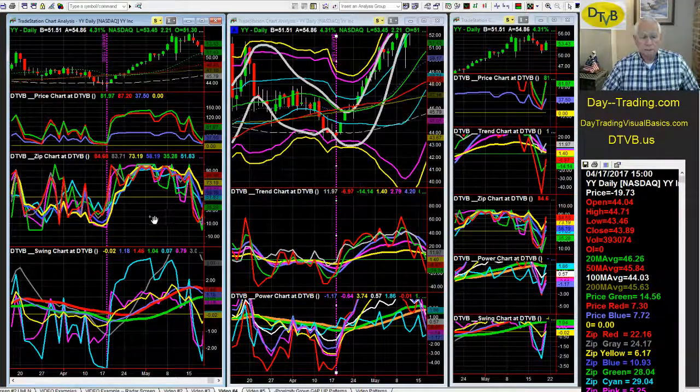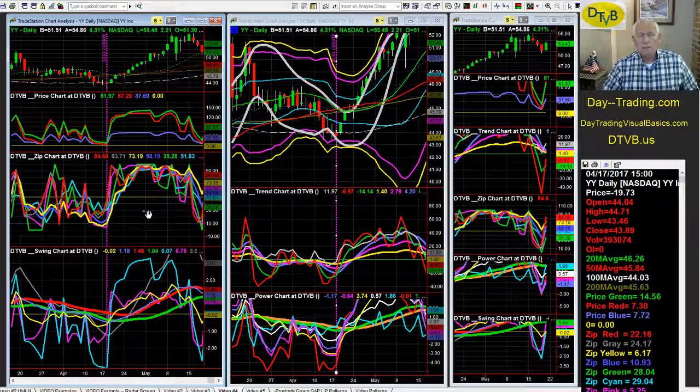And when zip Zion is at 100, there are a lot of people coming into the market, a lot of people buying. When zip Zion's at 0, there are a lot of people leaving that stock. And so